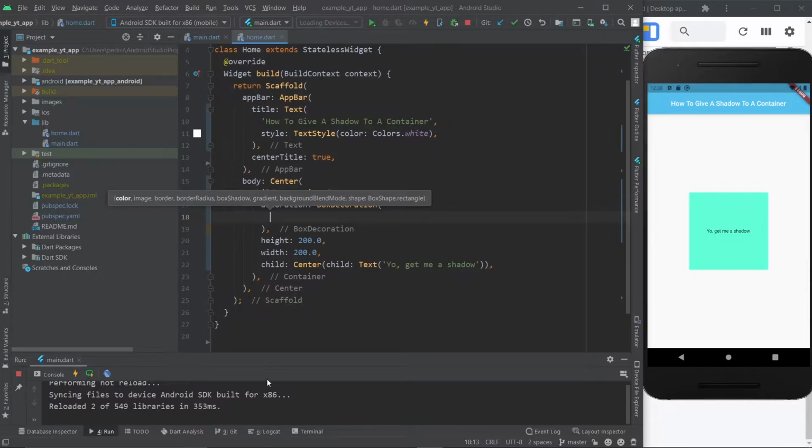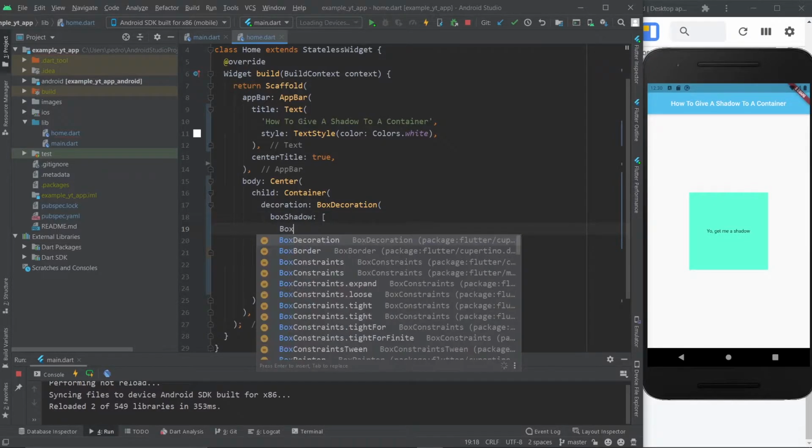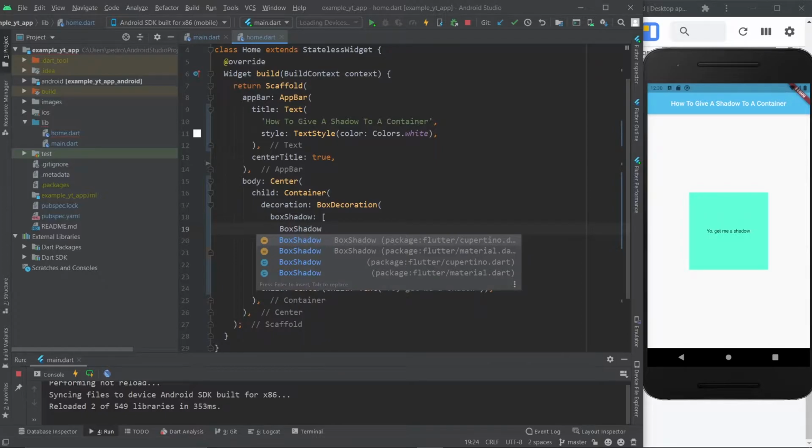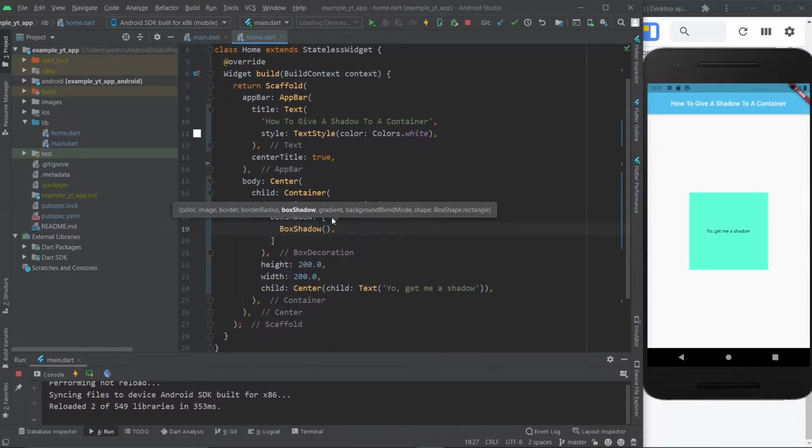But anyway, once you are here in decoration and you have already applied the decoration class, there is a very useful box shadow property right here. And I don't know if you noticed that, but it takes a list of type box shadow. So we need to go ahead and just do the squared brackets because it's a list, and then we use the box shadow class because you guessed it, it's a box shadow type. So now that we're here, we just need to know what we're doing.